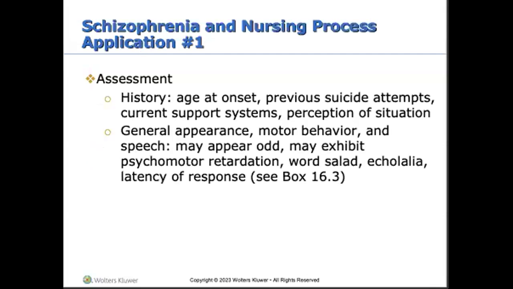Things that you want to assess on your schizophrenic patient: you want to know their medical history. At what age was their onset? We know that for men, 15 to 25, for women, 25 to 35. Those are the peak incident onsets. Any client with mental health, any client period, we should be assessing for suicide history. Have they just thought about it? Have they attempted it? What current support systems they have in place, what's their perception of their situation, what's their